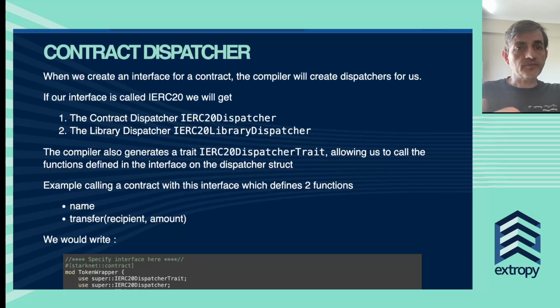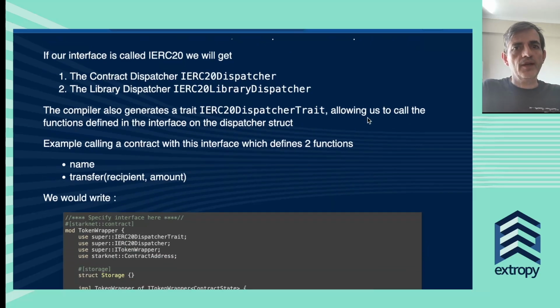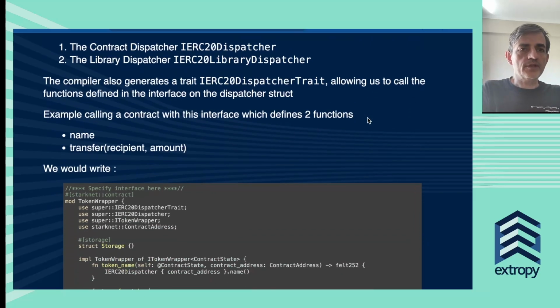And so if you imagine we've got an interface called ERC20, so this could be the interface for the ERC20 contract, then we would have a contract dispatcher, the ERC20 dispatcher, or if it's a library, we would have the ERC20 library dispatcher. And the compiler will also give us a trait, which allows us to call the functions